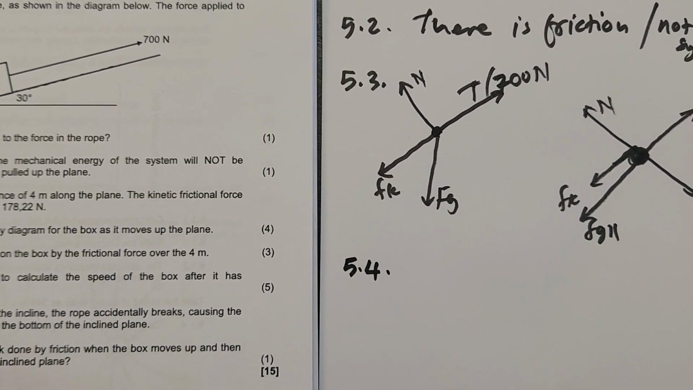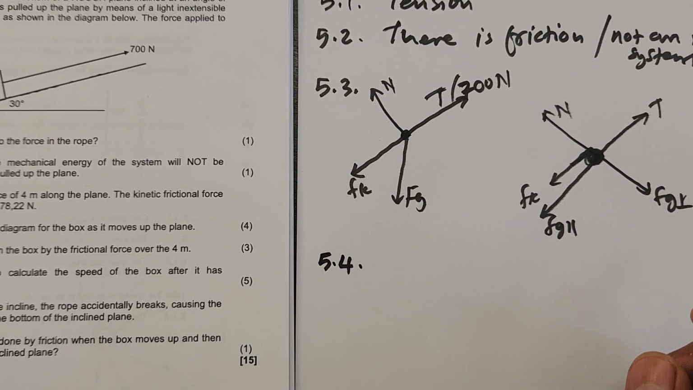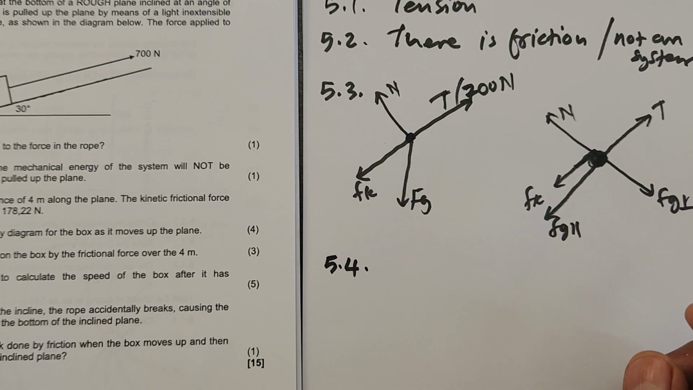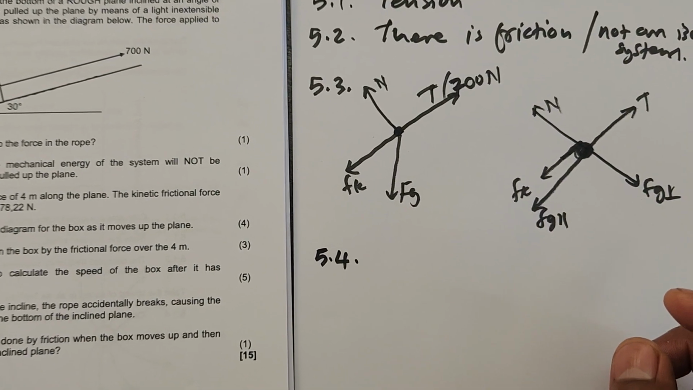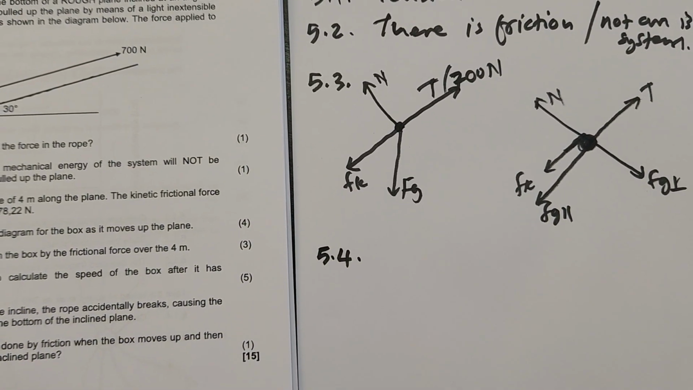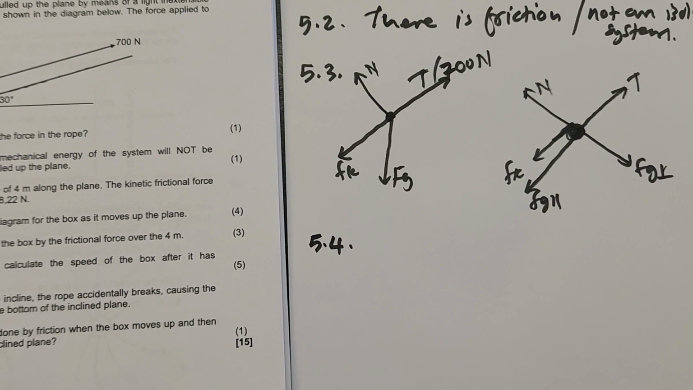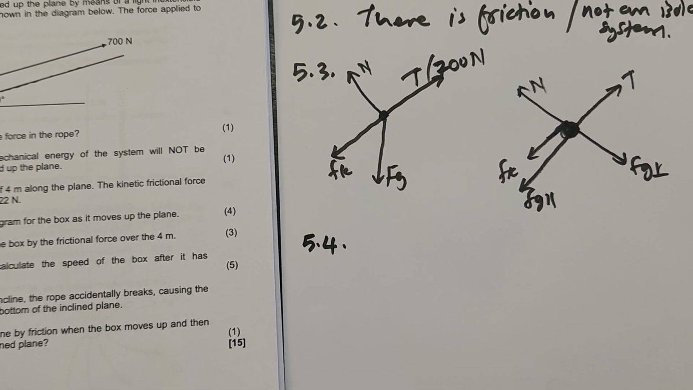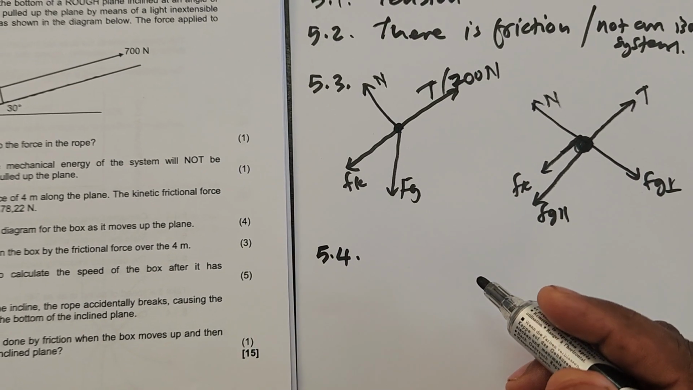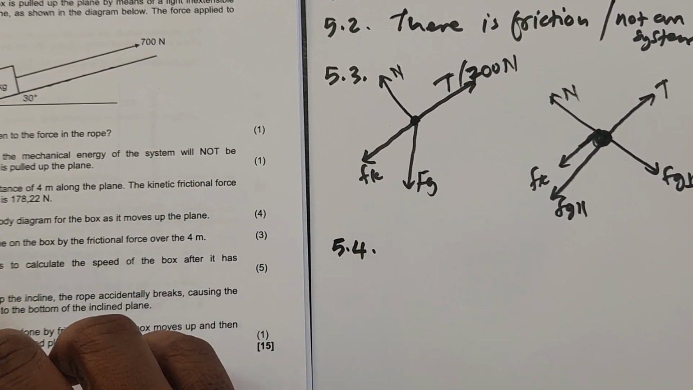Then calculate the work done on the box by the frictional force over 4 meters. So calculate the work done by friction. In this case, we know that friction is doing work, but can we calculate the work done by that friction? Of course, yes. The friction is given in the statement. They are telling us to say the kinetic frictional force is